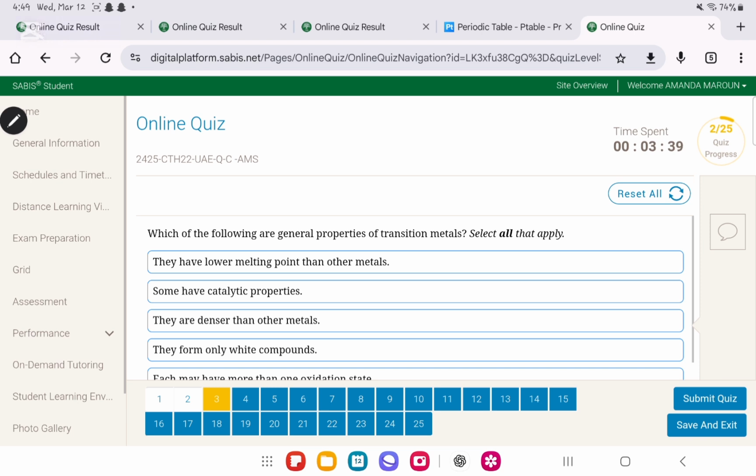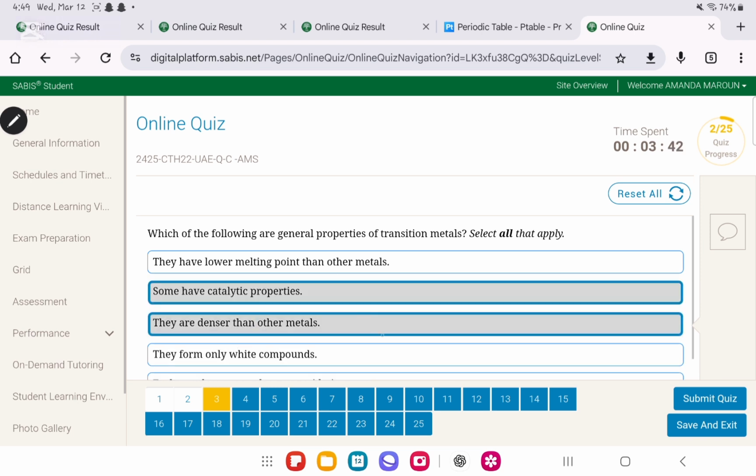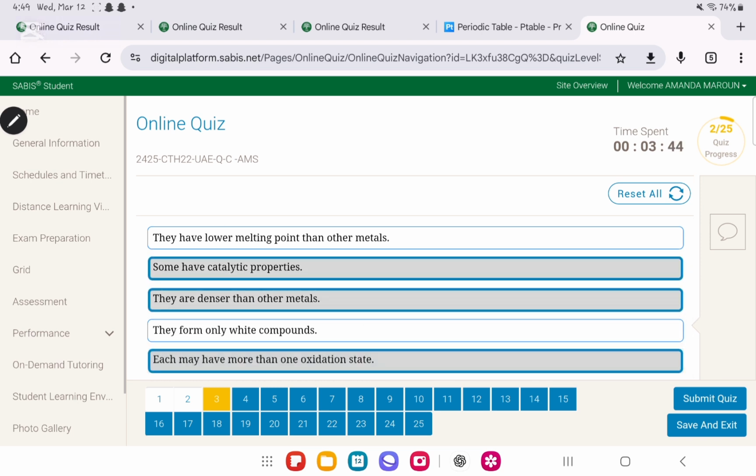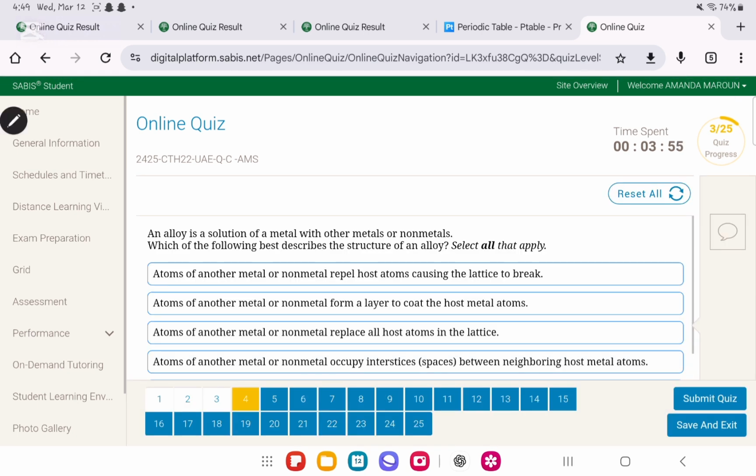So it has catalytic properties, they are denser than other metals, and each may have more than one oxidation state. They for sure have higher melting points, they are good conductors, they are hard and tough, and they form colored compounds. We move on to question number 4. They said an alloy is a solution of a metal with other metals or non-metals. Whenever you see solution, you should know